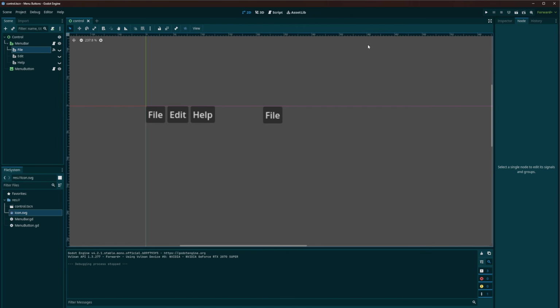Alright, so that'll do it for showing you guys how to create these menu bars. And this will be handy if you want to create yourself a tool or a piece of software using the engine, or maybe you want to make one of those games that are out there where you're kind of emulating a desktop environment, or